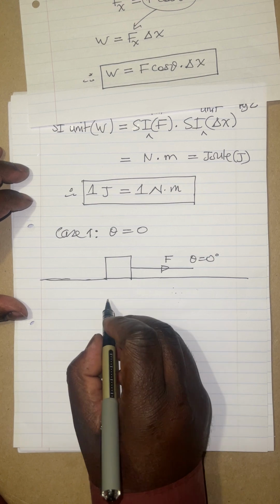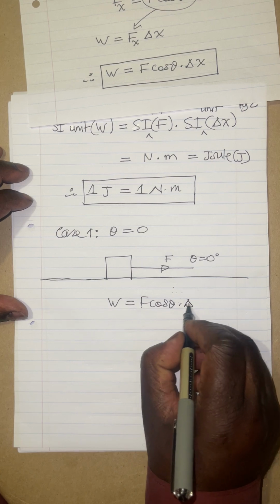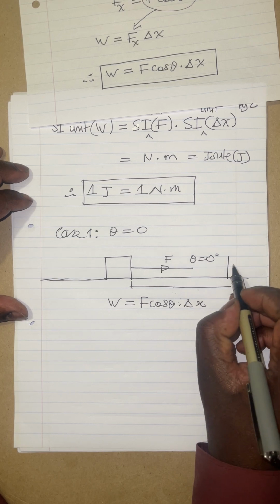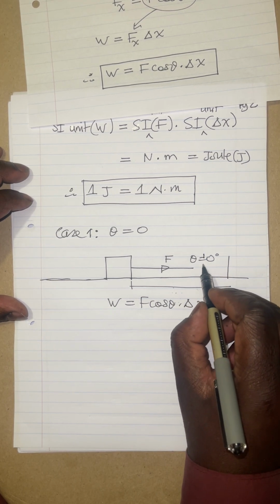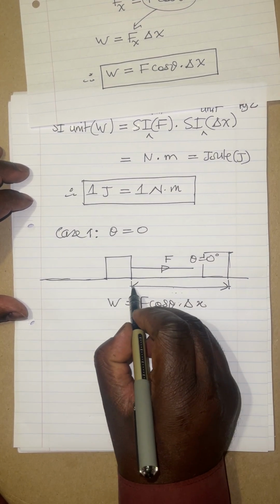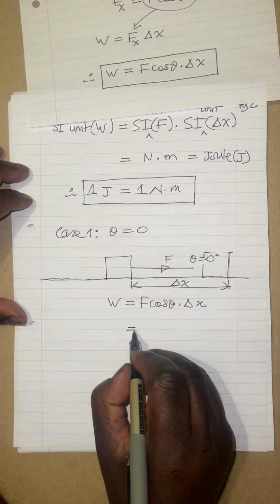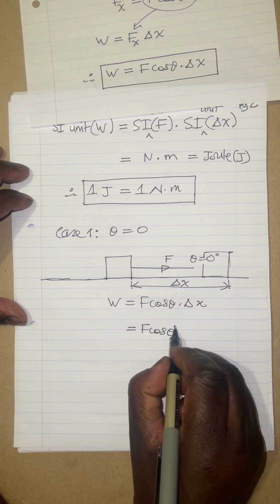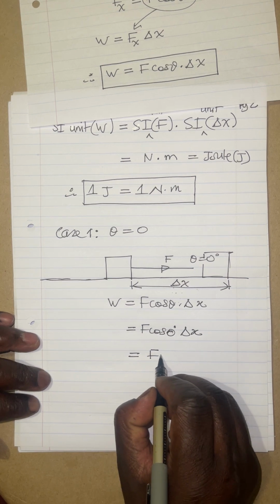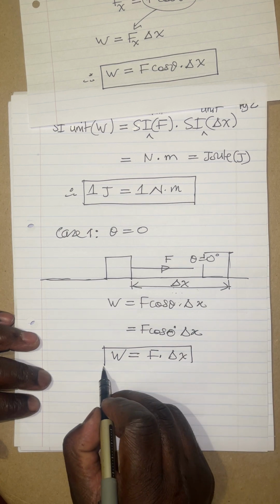So how does the formula change then? We are going to say work done equals F cos of theta times delta x. Assuming this block moves through a distance of delta x, maybe up to somewhere here. Yeah, I'm going to just do this like so. Delta x from there up to there moves through a distance of delta x. Now, what is our theta? Our theta is 0. So this is going to be F cosine of 0 delta x, and cosine of 0 is 1. So this just simplifies to F times delta x,